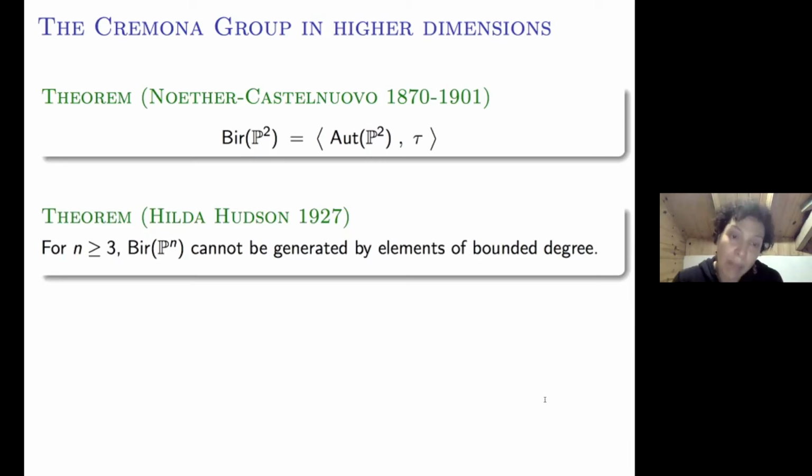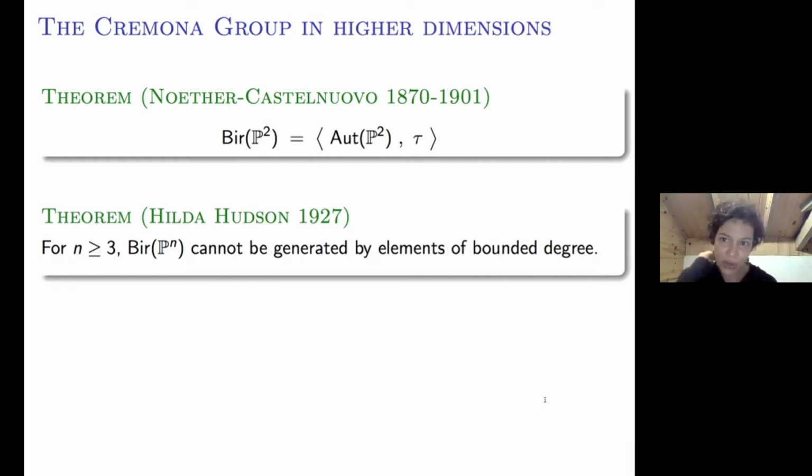And maybe I should also say that as far as I know, as of today, a nice set of generators for this group is still not known. So we do not have a strong factorization theorem like the one we have in dimension 2, given by the Castelnuovo theorem. Nevertheless, there are tools that I will discuss later on to understand this group, and they have been very much investigated.